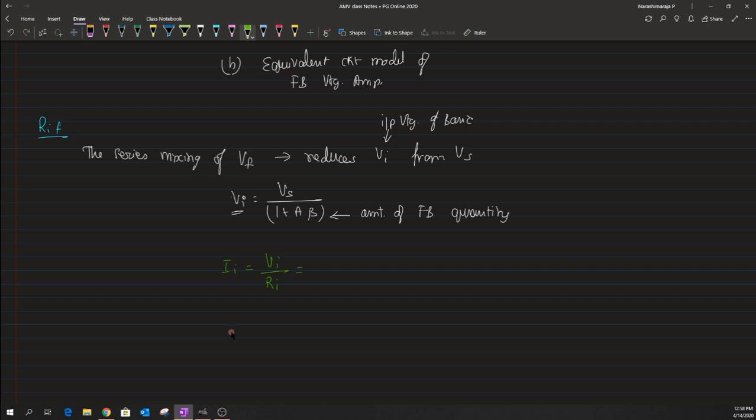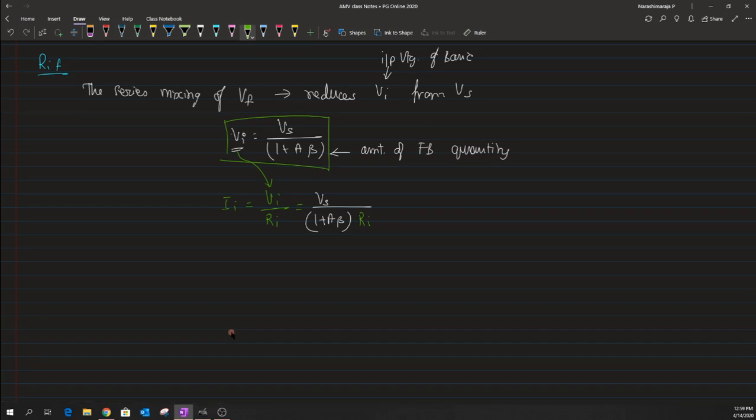And again, as I said earlier, the Vi value can be substituted from this expression, which can be defined as Vs divided by 1 plus A beta, into the input impedance of the basic amplifier. And now the ratio of this Vs divided by Ii will define the value of the feedback input impedance of the amplifier, and based on which one could write that the value of this RIF becomes